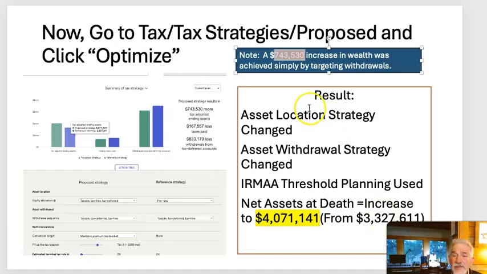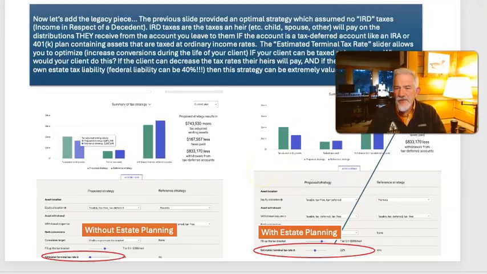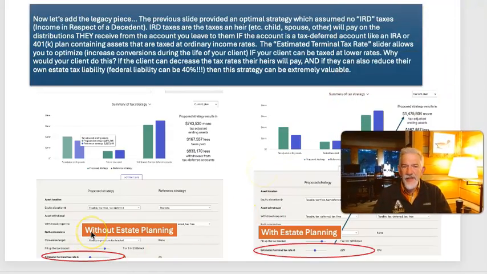That is a huge jump, $700,000 plus, simply because of the way that we're configuring our asset location and our drawdown strategies and Roth conversions that are taking place. Three different things resulted in $700,000 plus being added to the plan. There is one more planning point that we need to discuss here, and that has to do with estate planning